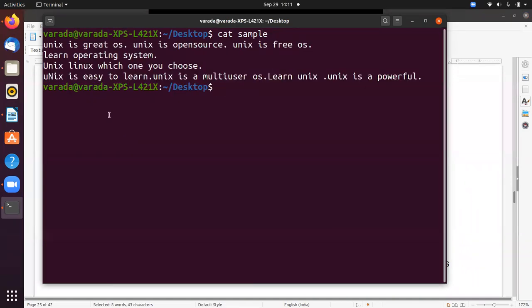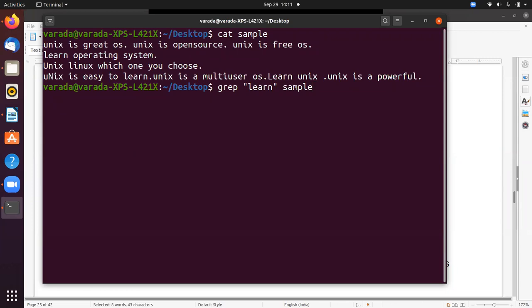Now I want to find the lines which start with learn. So the query is to print the lines starting with learn. How can I write that? grep learn sample, where sample is the file name.